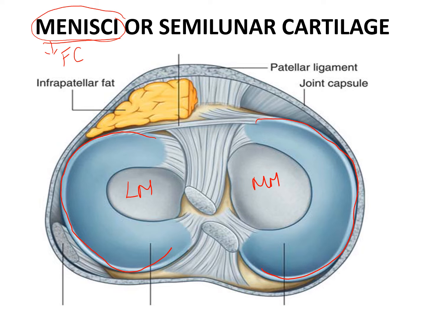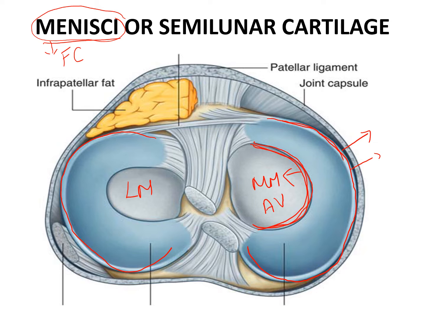Furthermore, we can see that it has two borders. So, this is the inner avascular margin, which is concave, and this is the outer highly vascular margin, which is convex. Again, one more MCQ question. The inner concave margin is avascular and it receives its nutrition from the synovium present here, whereas the outer peripheral convex margin is highly vascular. It gets its vascularity from the blood vessels which ramify over the capsule.